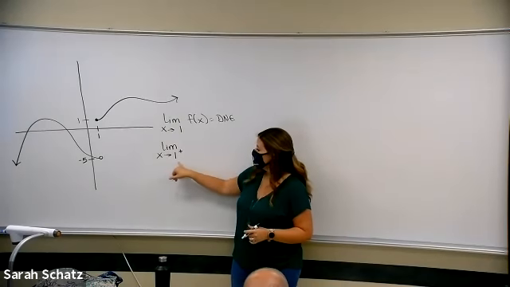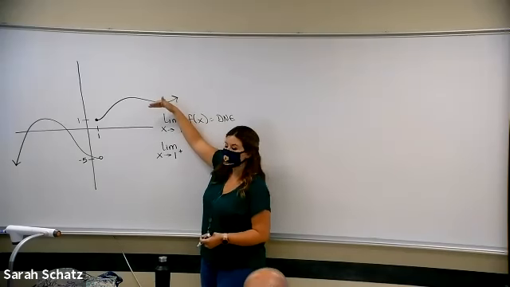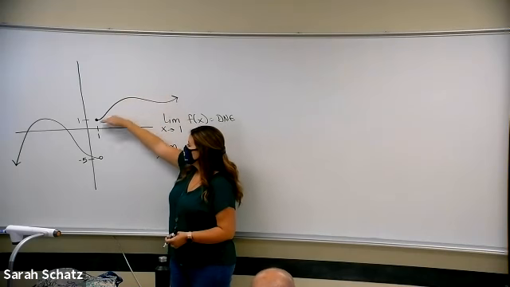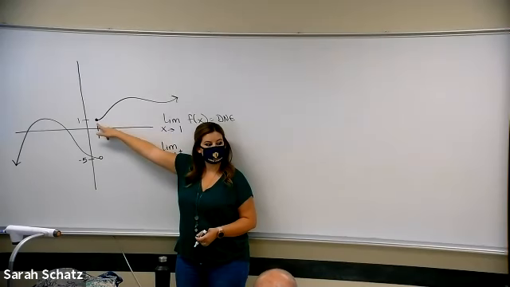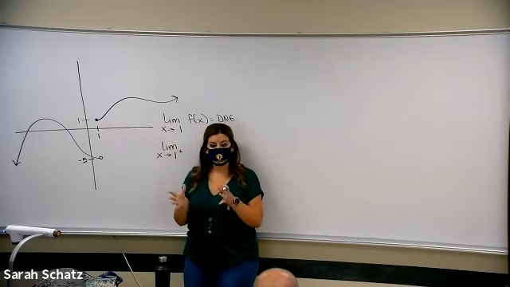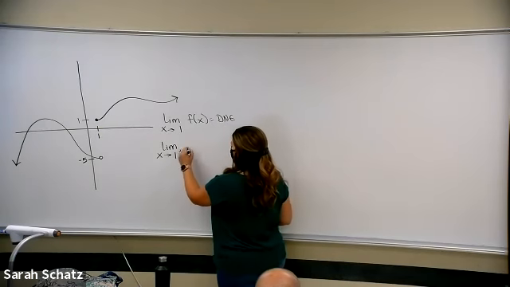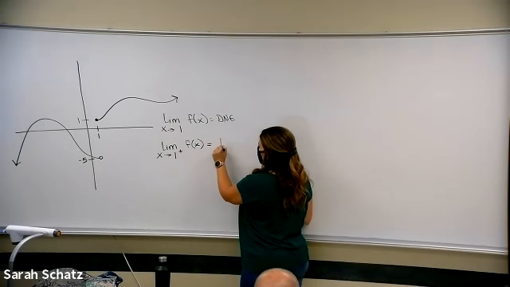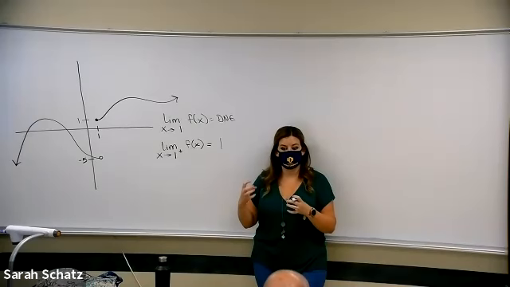So as x approaches 1 from the right, what is the limit, you guys? As we come from over here, approaching 1 from that positive side, what would your answer be here? It would be 1, because just on that side, that makes sense. We are approaching 1 from the right. So the limit of this function as x approaches 1 from the right is 1. It is defined because I've specified a side.